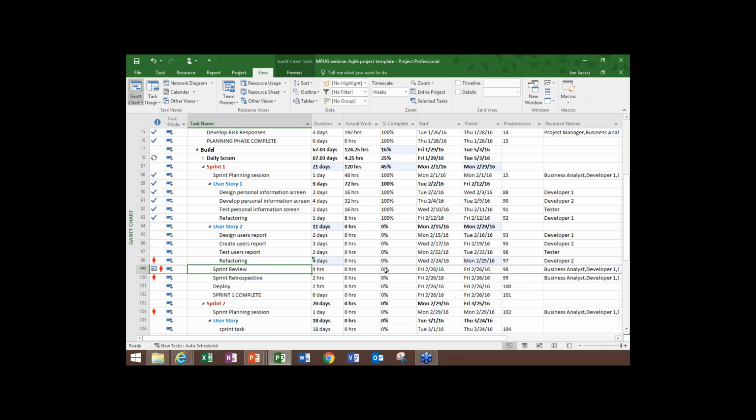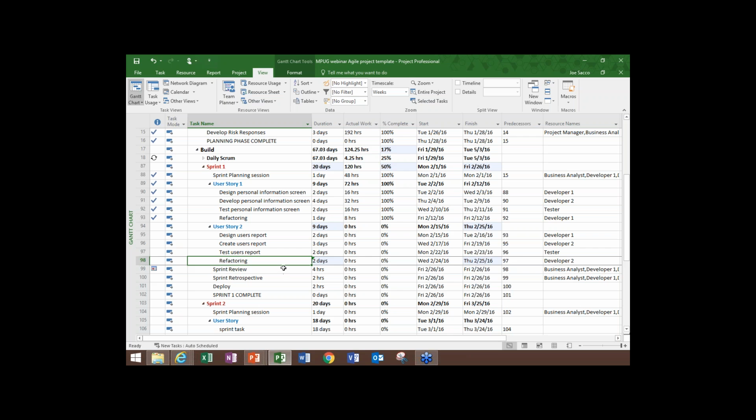And the reason that we're getting some of this over allocation is that developer 2 is also part of the sprint review. And because the sprint review just didn't move, it wasn't simply automatic scheduling with no constraints, it would have just pushed itself on. We now end up with all these red flags, essentially. So if I take that back to 2 days, it removes all those over allocations. We haven't violated the constraint. So that's one reason why a constraint is kind of a powerful tool in time boxing your sprint.